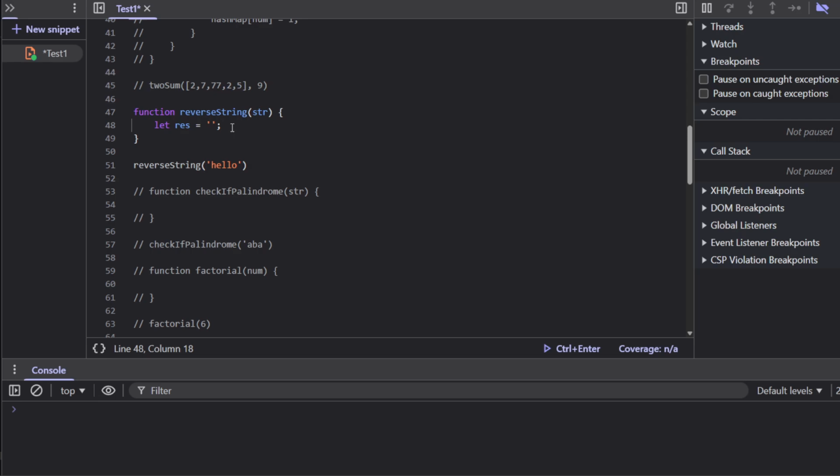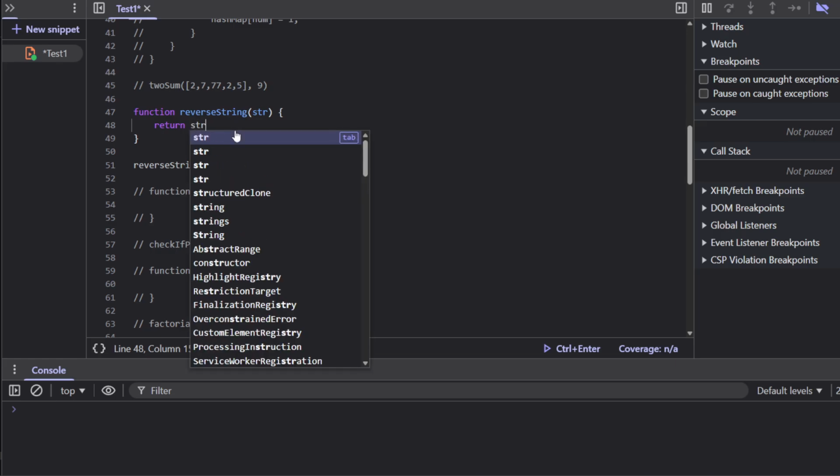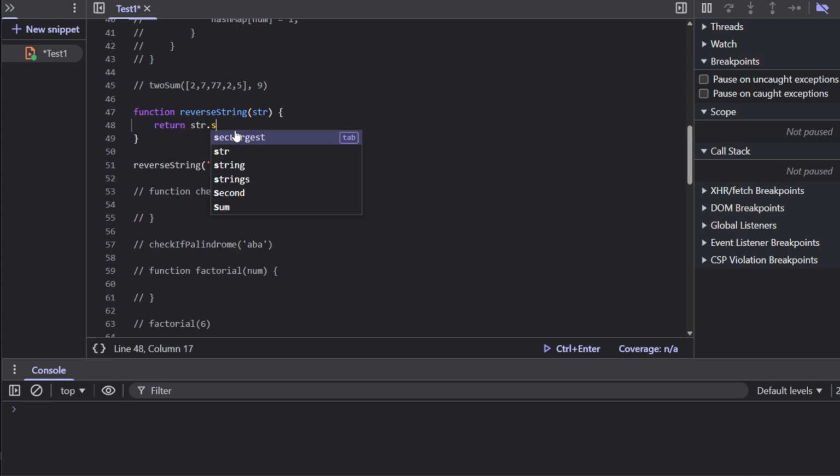the interviewer wants you to do this in one line. So how can you do that? Just think about it, right? So how can we make it in one line? So first of all, if you know that we have a reverse method available with array, we will split this particular string, and we will get that in an array, then we will reverse it,